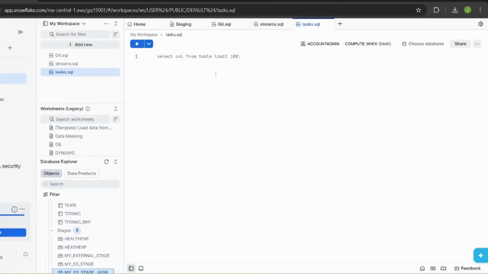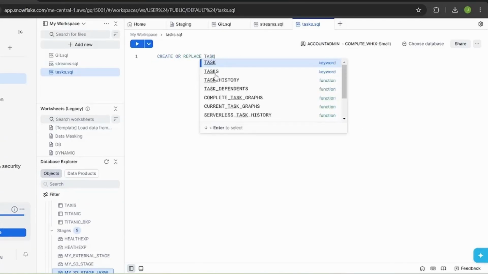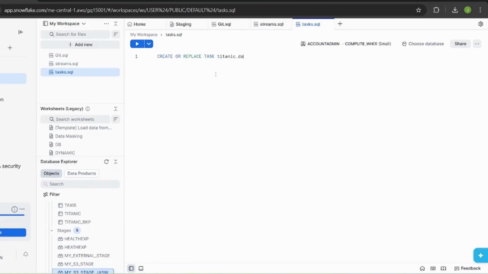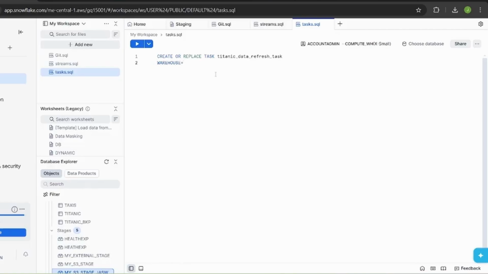In order to create a task, I need to write the script as create or replace task, and I need to mention the name of the task. Let's say Titanic data refresh, then task, and then I will mention the warehouse. If I don't mention the warehouse, it will be Snowflake managed, but I want to mention the compute warehouse. Then I will mention the schedule, that is how frequently you want to run this.